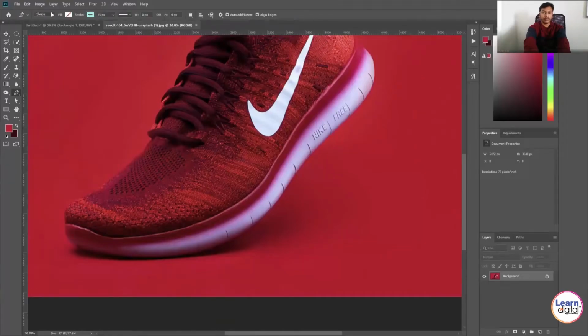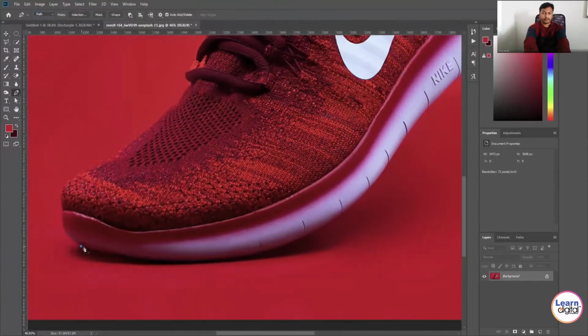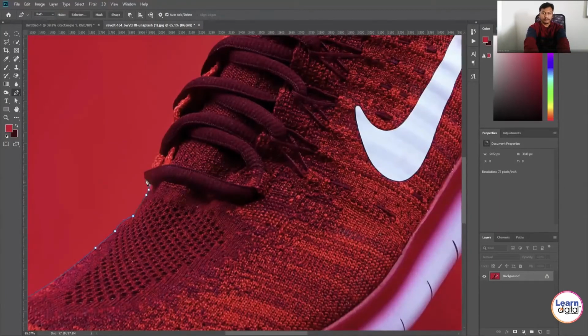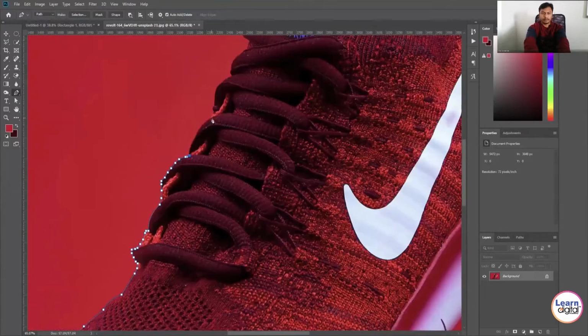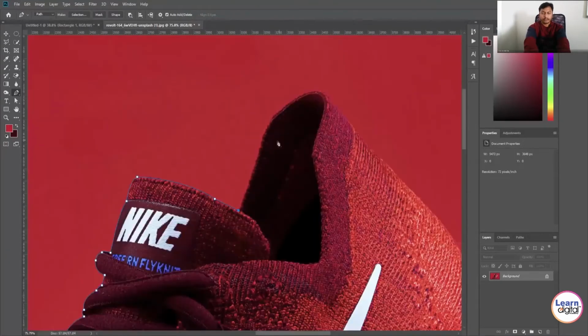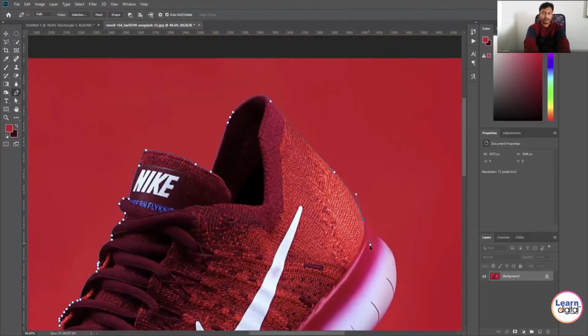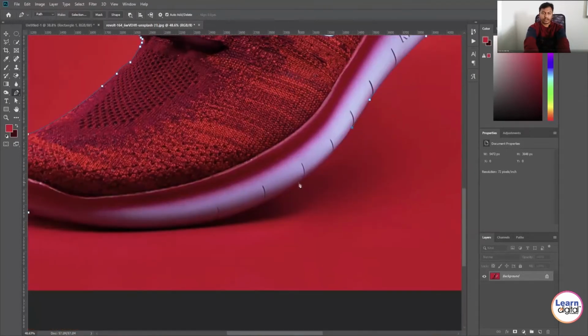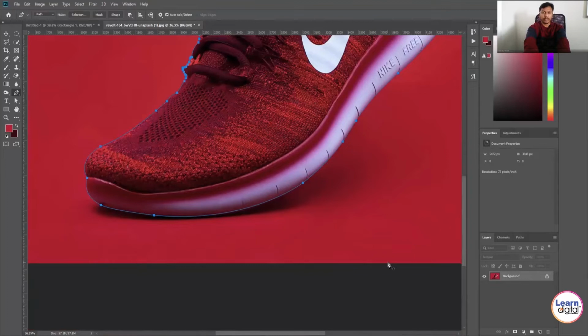So that's why here also I'm using the pen tool. In a quick way, I'm selecting. So almost my selections are done. Now my selection is done. Delete the unwanted area